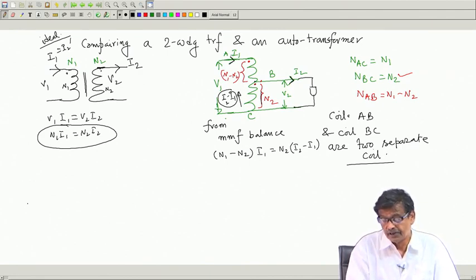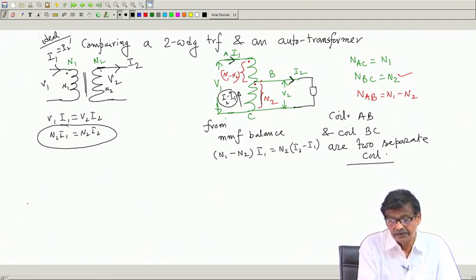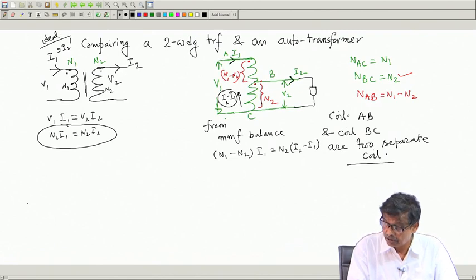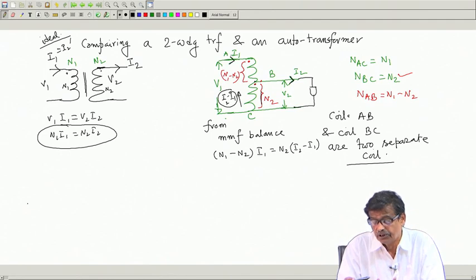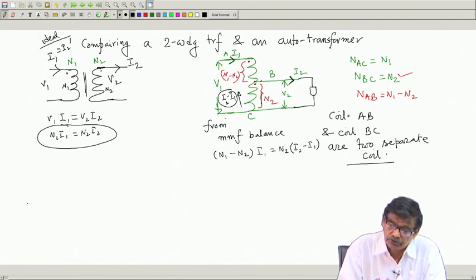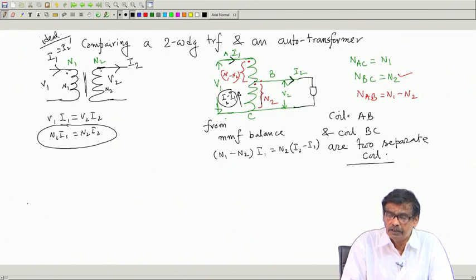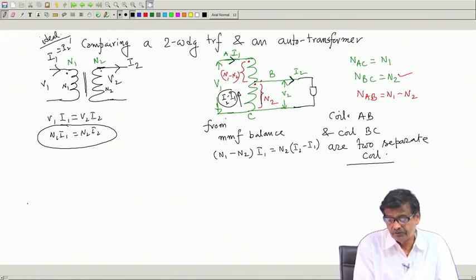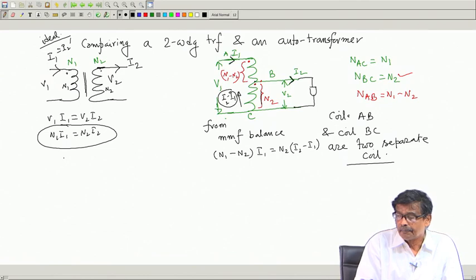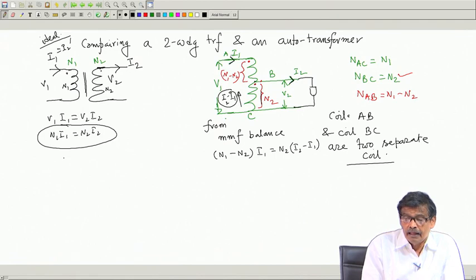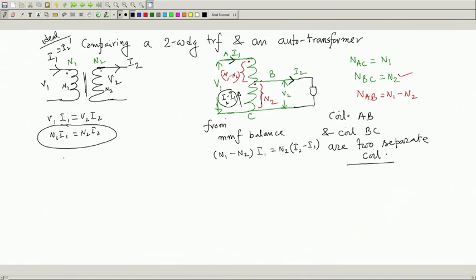Total number of turns N 1 here, secondary turns N 2 here, and I will deliver a current I 2 to the load. Here also I will deliver a current to the load I 2. But incidentally, this current delivered to the load is not the current flowing through this portion of the coil, that is a different issue. Overall, as a black box, I must be able to deliver I 2 current as I am doing it here. So, N 1 N 2 for both these transformers, the numbers are the same because the flux level is the same, and